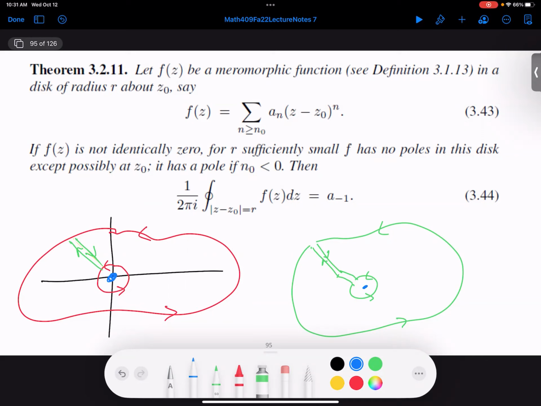Okay? And then what they do in multivariable calculus or complex analysis is you take the limit as this thickness goes to 0. So as the thickness goes to 0, you come in and then you go out in exactly the same line, but in the opposite direction. So what happens if you integrate along a path and then integrate in the opposite of the path? Cancels it out. So in the limit, you get that the integral over this whole thing is going to be 0. And so what you get is the integral over the outside